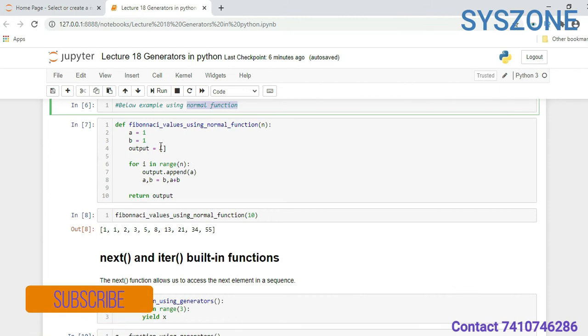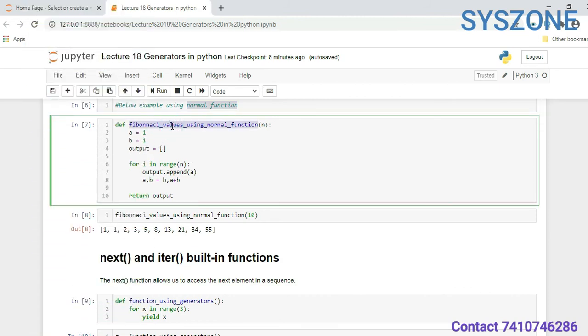Here this is my function name, Fibonacci values using normal function. Here we took a blank list, named output. I am going through a for loop. In this list I am appending the value of a. So the value of a would always be b and the value of b would be a plus b, like that.